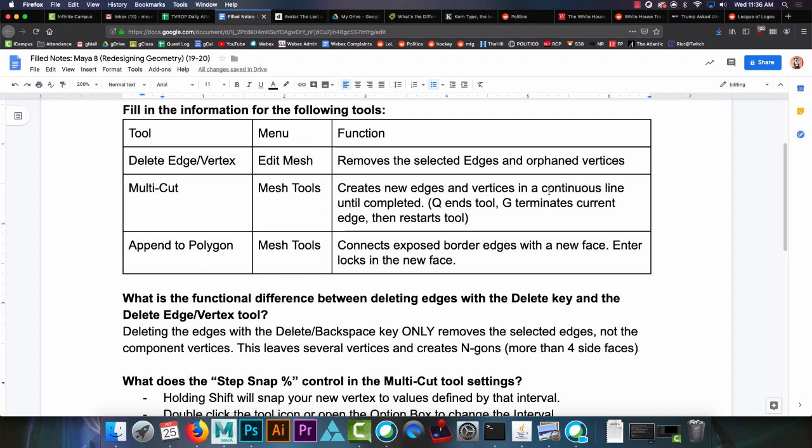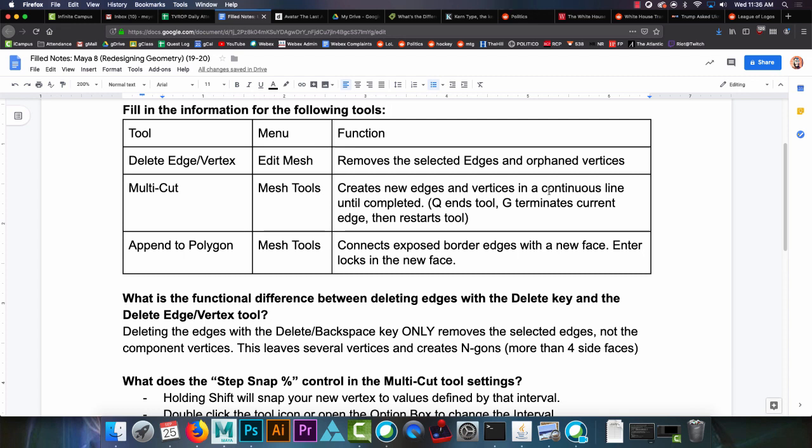Because when you delete the edges, you're just deleting the edge, not deleting the vertices that those edges are connected to, because Maya assumes that, hey, you need these vertices where they're at for whatever reason you might have. So Maya doesn't know any better, and so it leaves the vertices behind,